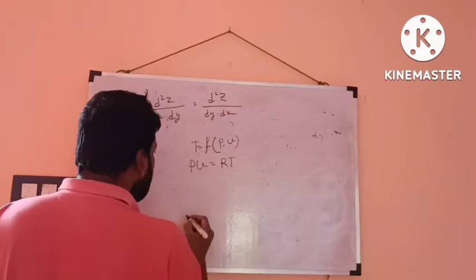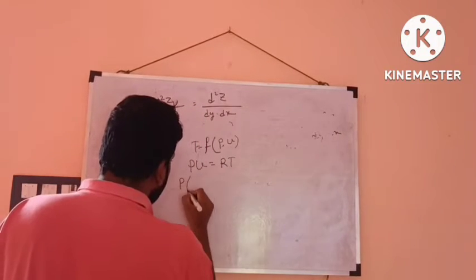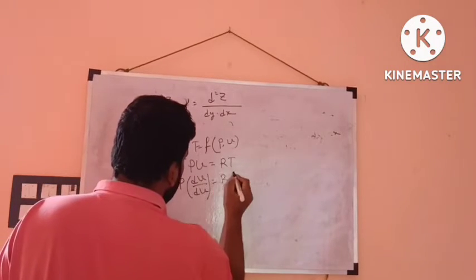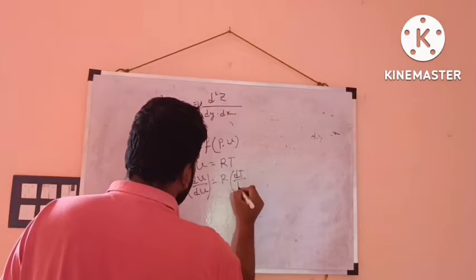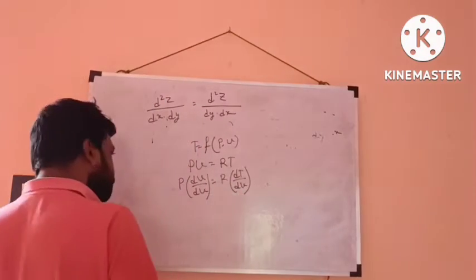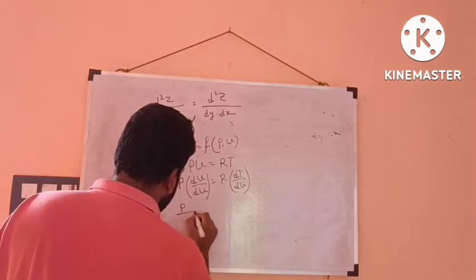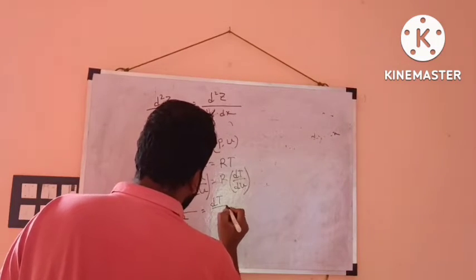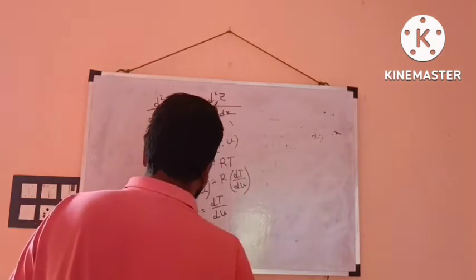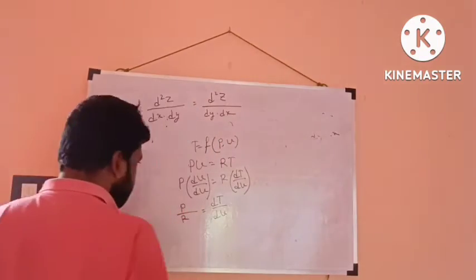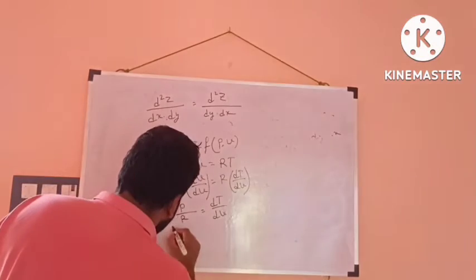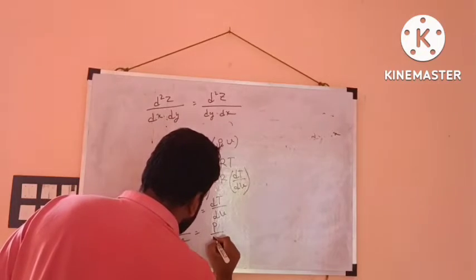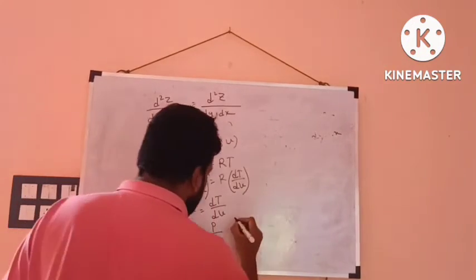So we can write that P is equal to nRT by V, so P by R is equal to del T by del V. So del T by del V is equal to P by R,